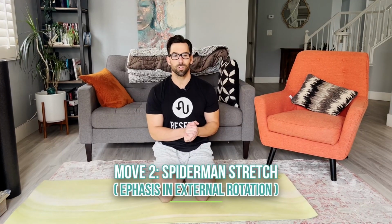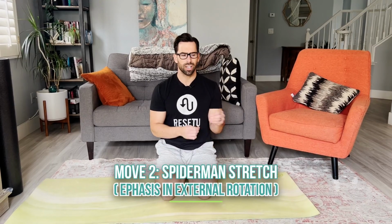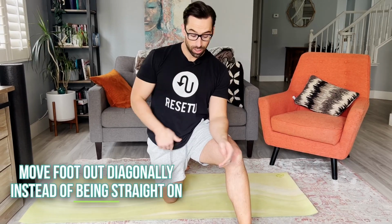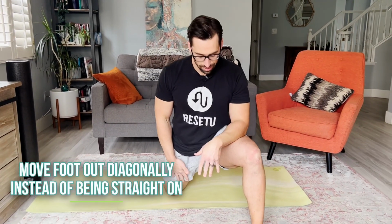All right, our second move is the Spider-Man stretch, but we're gonna put an emphasis on the external rotation, which means moving away from center. So anything outside your center line. We're gonna set up into a lunge. We're gonna move this foot out diagonally instead of being straight on, more of a diagonal angle to open up